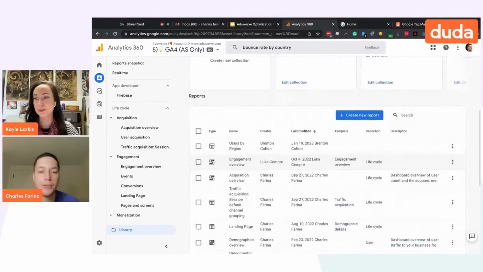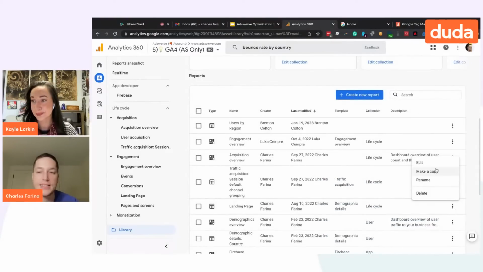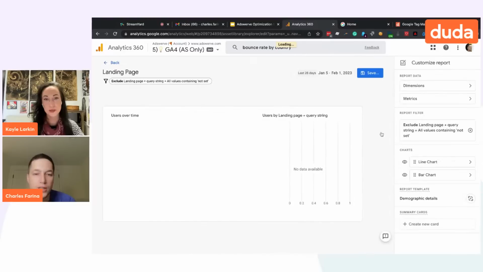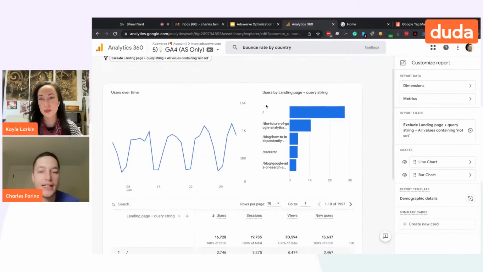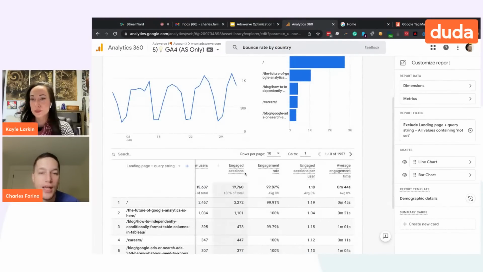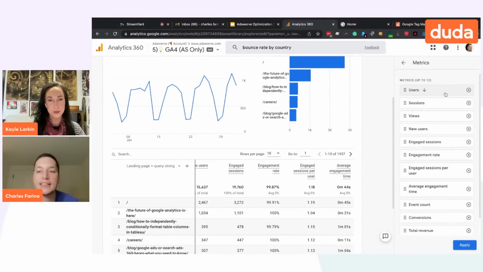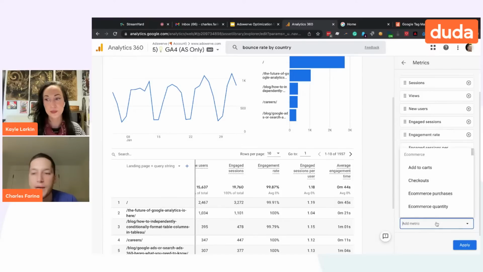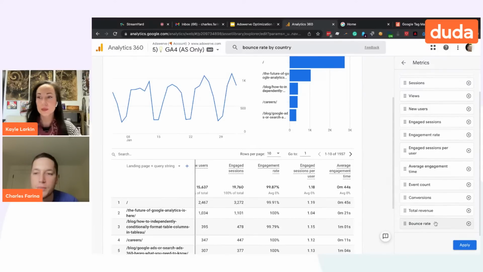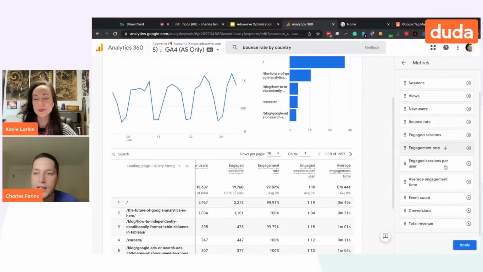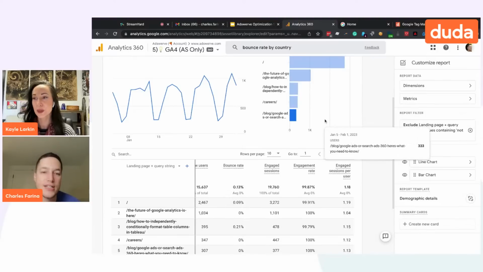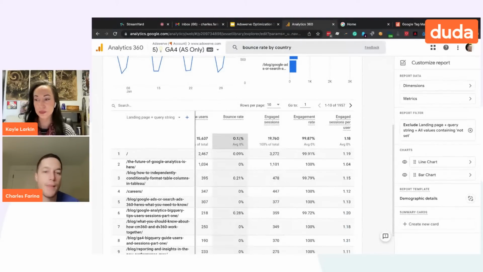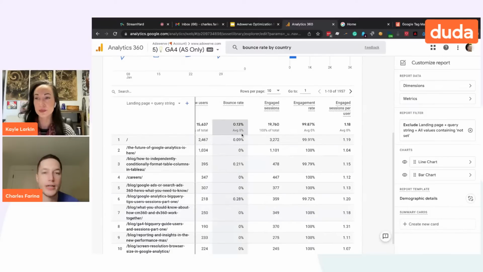So as an example, let's say I wanted to customize the landing pages report. In the landing pages report, I can actually come in here and I can edit it. And here we can see we have our engaged sessions metric. On the right-hand side, I can actually come in and say, I want to add a metric and I want to add bounce rate. And we can see that bounce rate is actually available here. So maybe I want bounce rate, and I could delete all the engaged sessions if I wanted to, but here's my bounce rate. And now I've added this metric back in here.